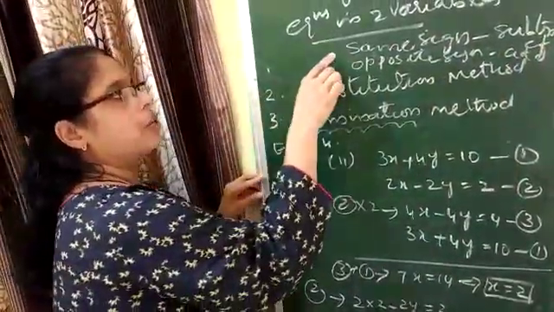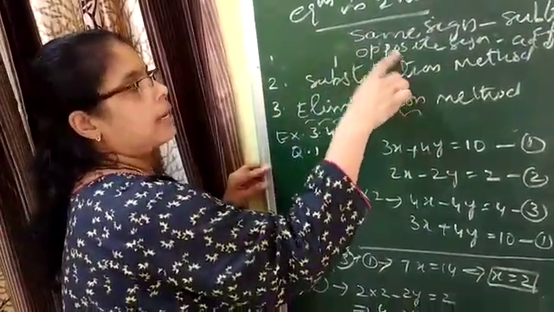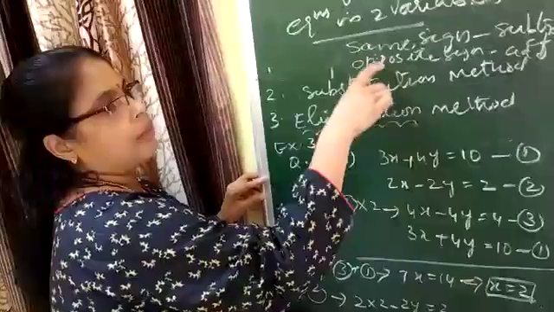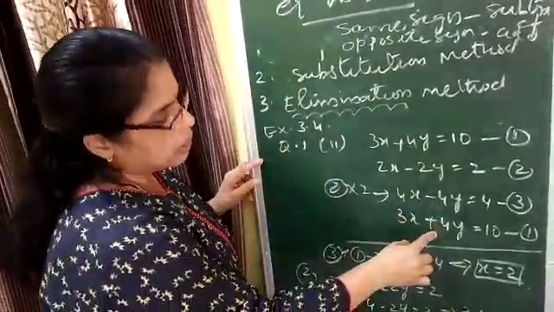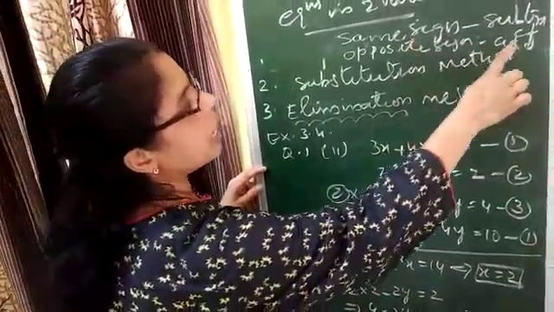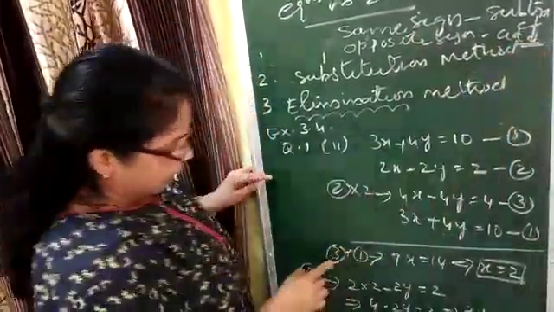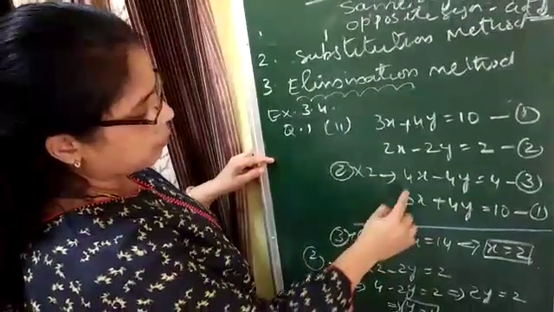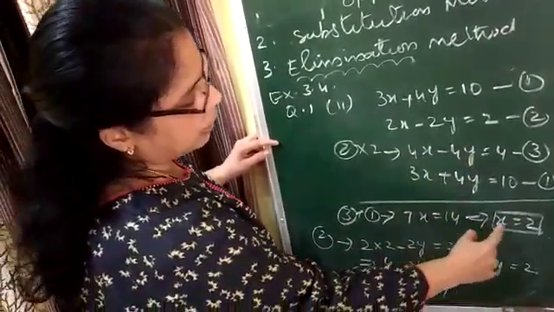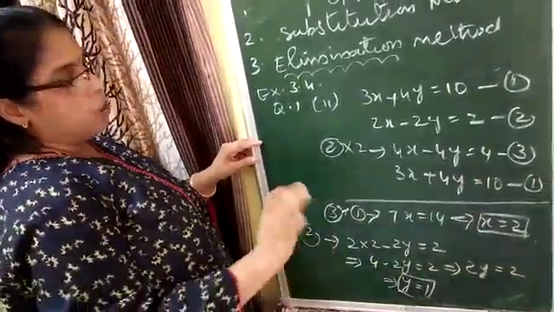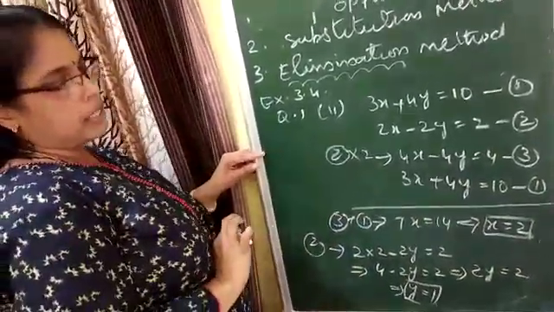That means in the first equation it is of plus sign, in the second minus. If you add plus sign with minus sign, it will be deleted. Now see, here the signs are opposite, which means you have to add. I am adding 3 plus 4, that means 7x. These are getting cancelled. 7x equal to 14 implies x equal to 2. Now the value of x is found out.